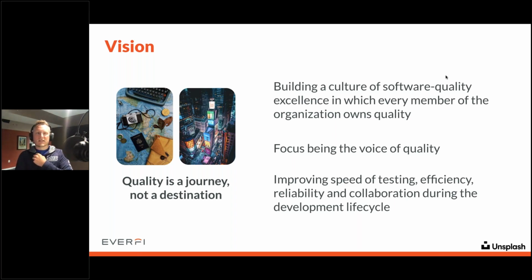And I've been practicing this vision for several years, and I continue to evolve it as I go along. But I think it's really important to make sure the key of your vision is really everybody owns quality. It doesn't have to be silos, and you need to break down those silos to have those conversations. And maybe this whole pandemic has allowed us to collaborate a little bit better, right? We're being forced to get on the conversations based on Zoom or Hangouts and stuff like that. And I think it's going to allow us to be a better team, to build this better